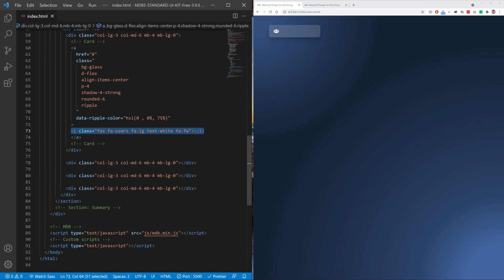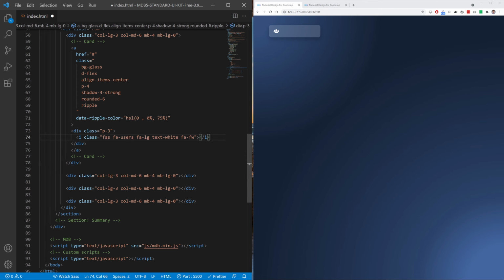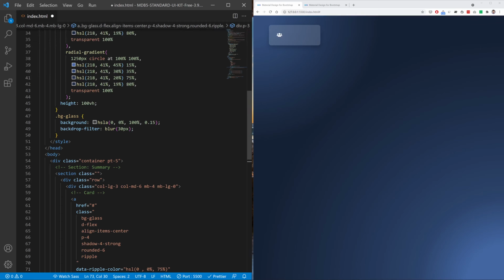And now let's wrap this icon with another div, and I want to add to this div some additional padding. Let's paste it again, I mean our icon. And now I will add another helper,